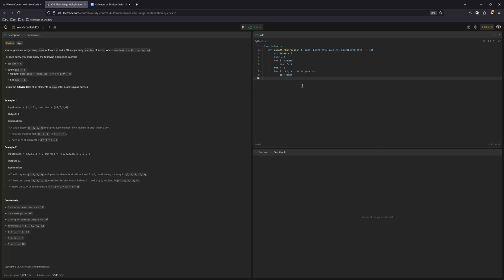So we're going to say for i in range li to ri plus 1, then we're going to undo the XOR operation of the original, and then we're going to apply the new XOR, which is